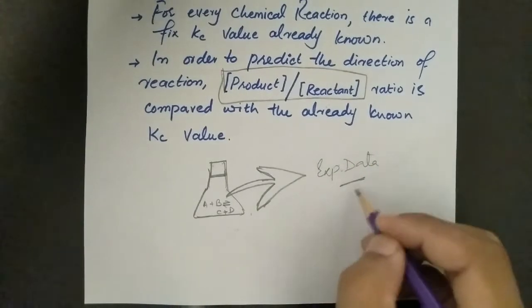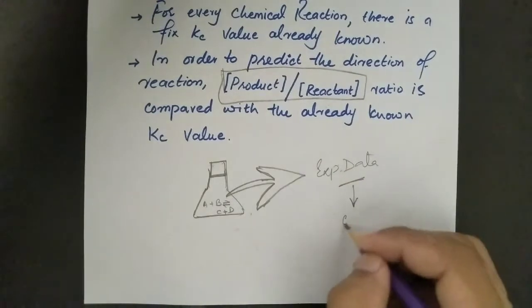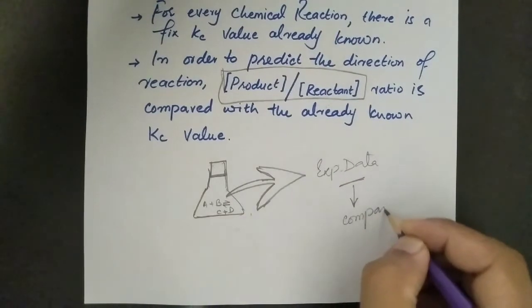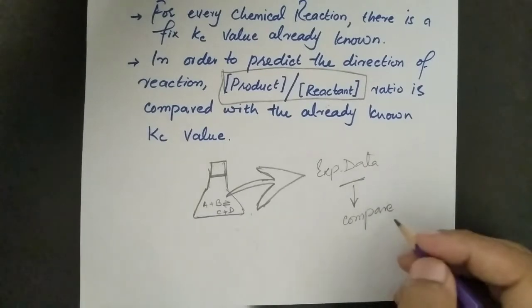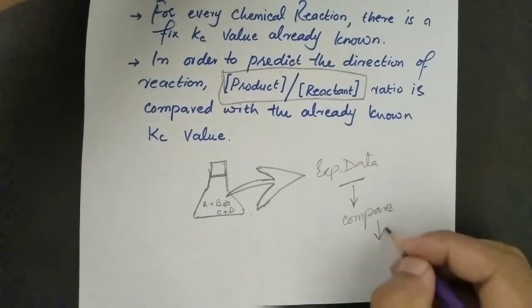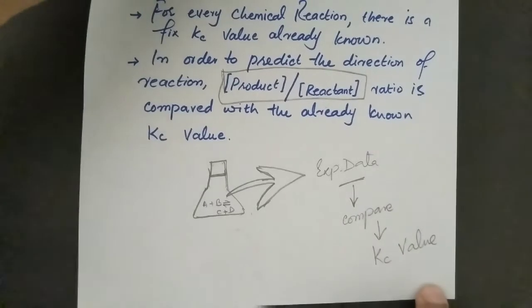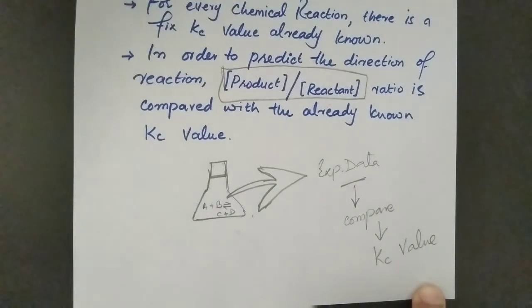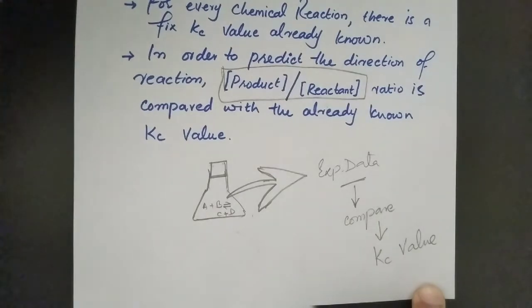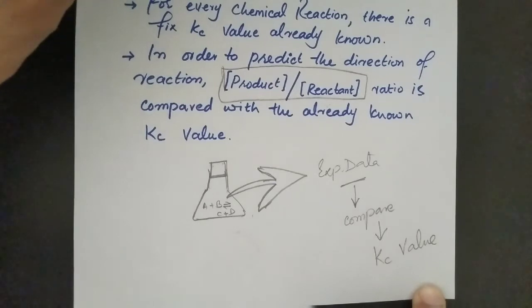we can compare this experimental data with the already known Kc value. You have to compare this experimental data with the already known Kc value. So there arise three possibilities in front of us. What are those three possibilities? Number one,